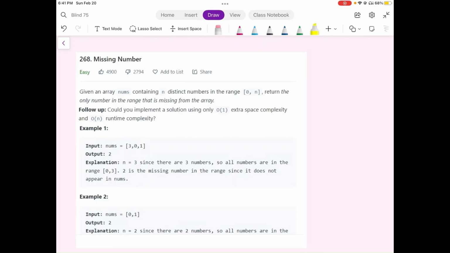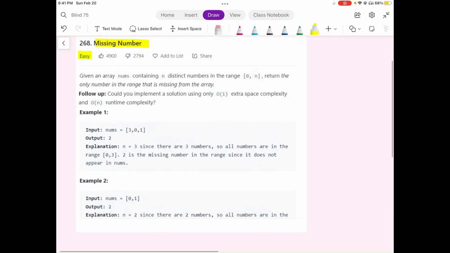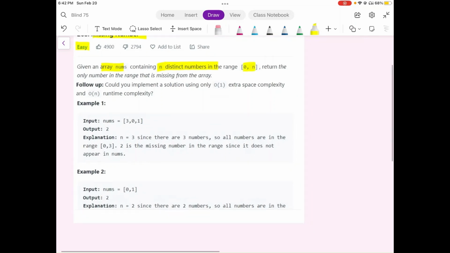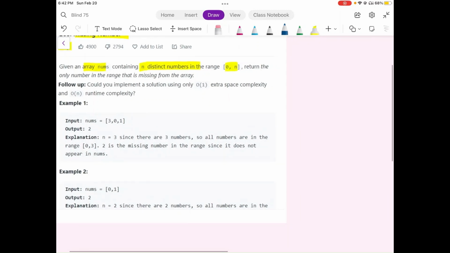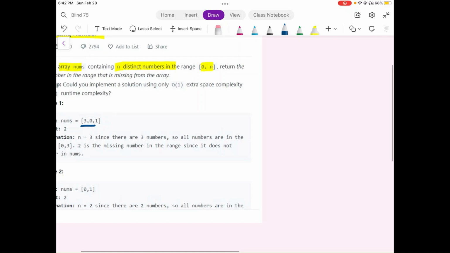Today we are going to work upon a LeetCode easy problem, Missing Number, and let's understand the problem statement. Basically, we are given an array of numbers containing n distinct numbers in the range of 0 to n, and we need to return the one number that is missing. So if we take the first example, the range we are given is